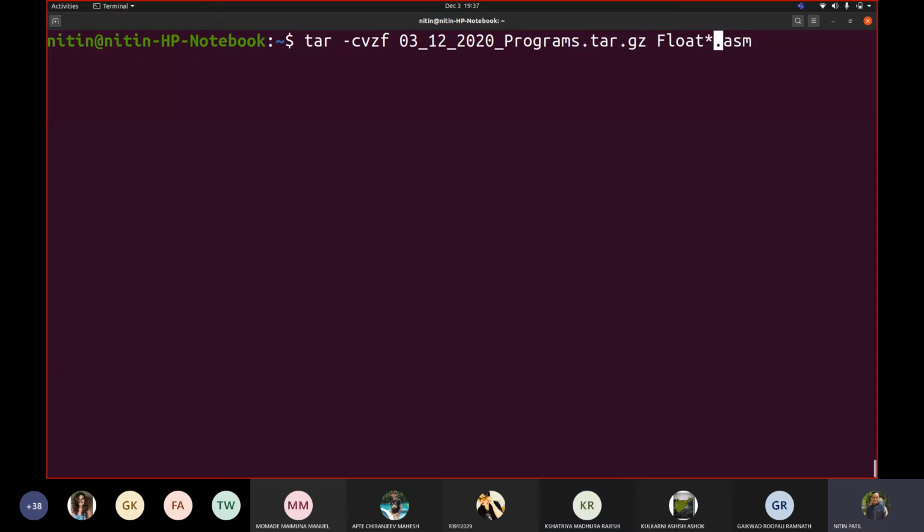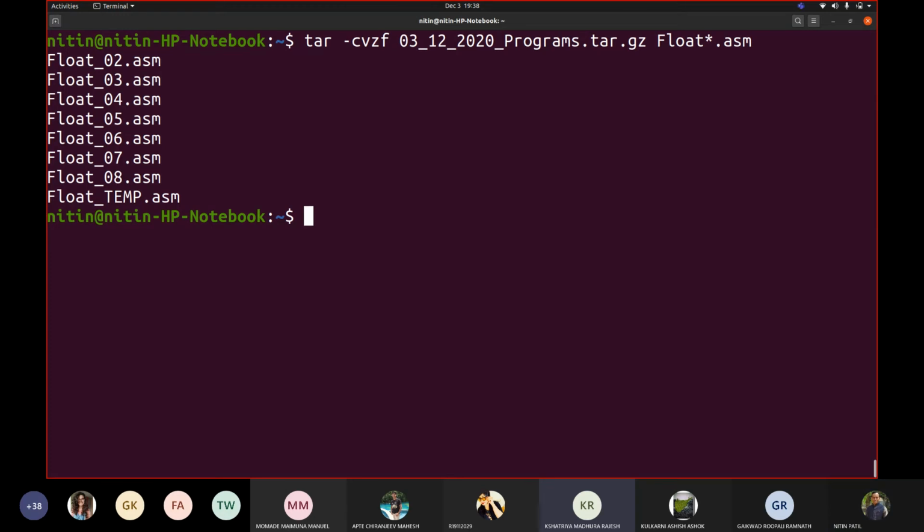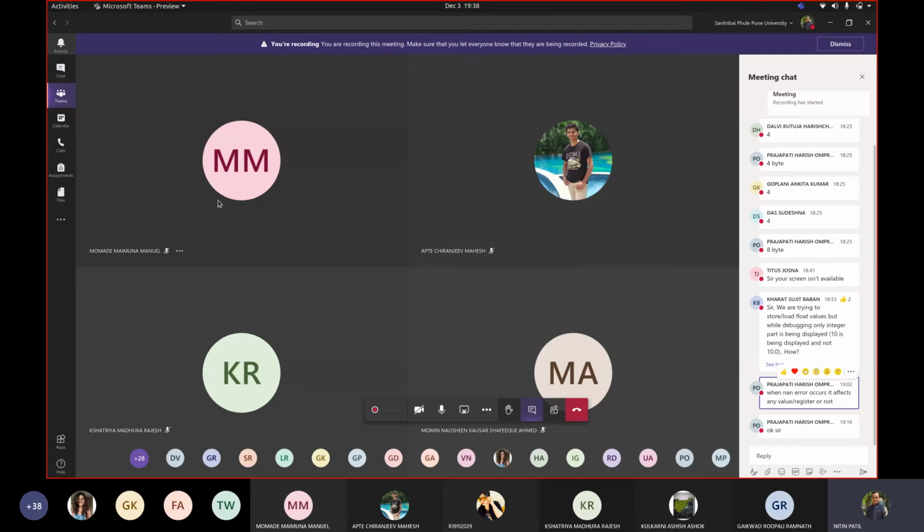Hello, sir. Do we have to give the values for b, a, and c? Yeah, you have to. So the user will give values for it, right? Yes, you will give the values as input in your data section. You try to read that. I will upload this now on Moodle. Any question? No, in the comments also there is no question. If you have any question, you can ask me.